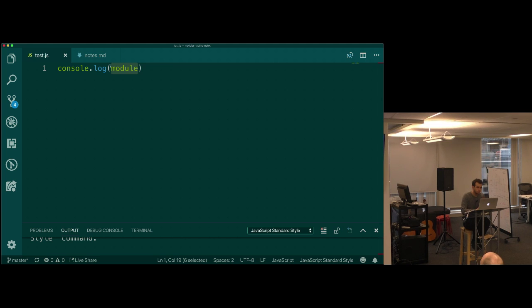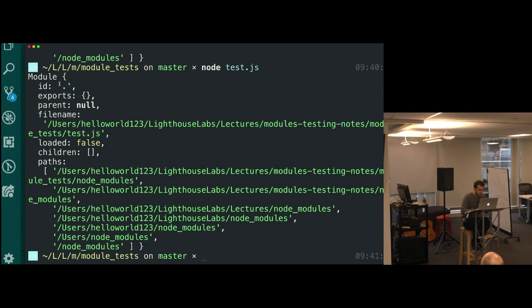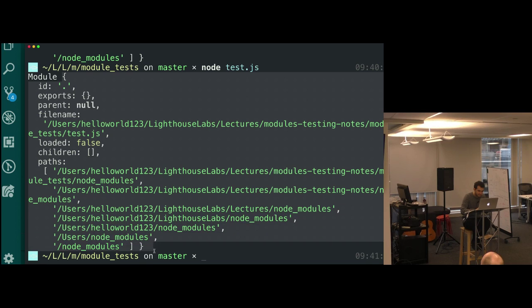And this is going to be a two-step process. Notice I want to take a little bit of a deep look into what's going on here. What is this thing? It's an object, right? Anytime you console log stuff or play around with stuff in Node or in any language, try to identify what type of thing this is.